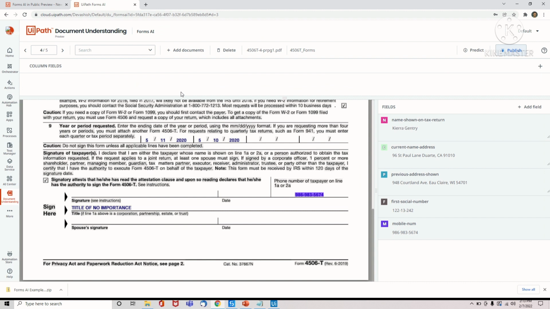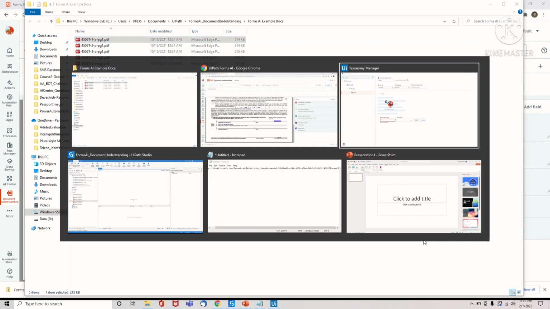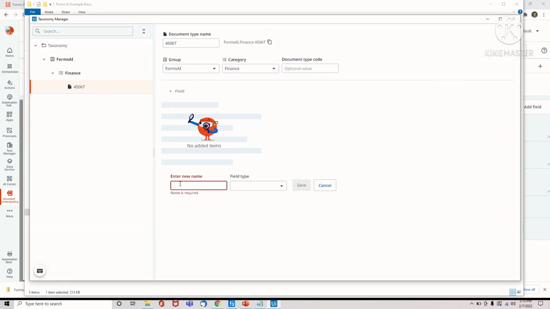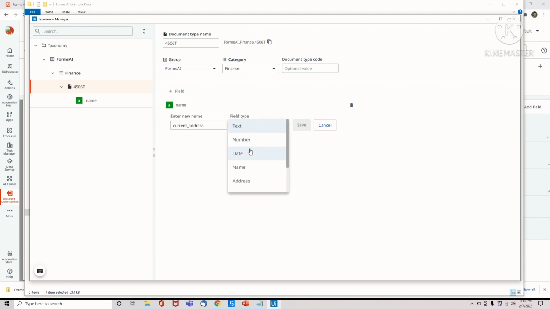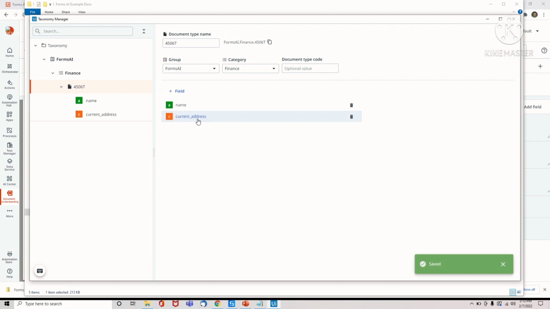Here, in the document understanding, I am extracting these 5 fields: name, current address, previous address, first social security number and the mobile number. So let's create these over here also. I'll quickly give name and select name, then current address, I'll select address here, click on save. I'll say previous address,